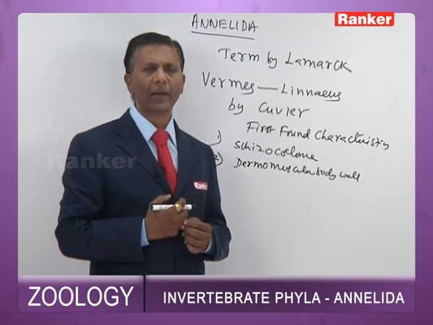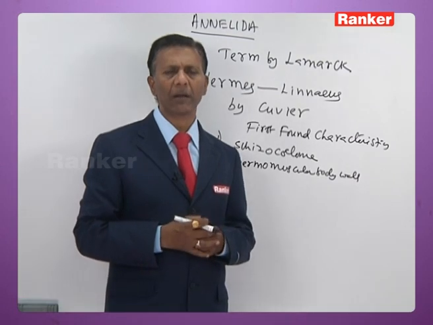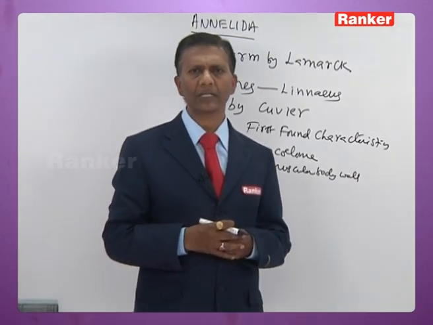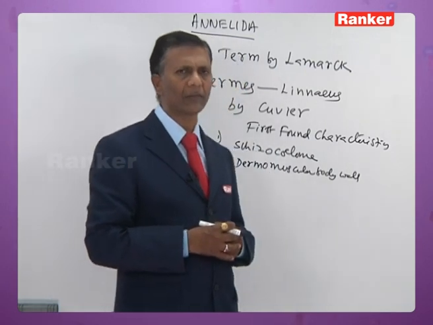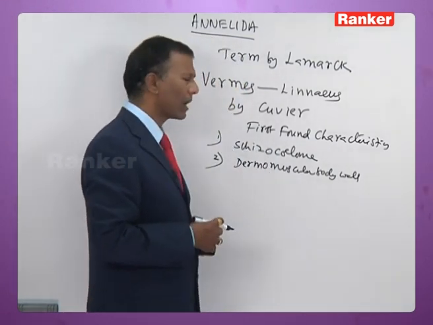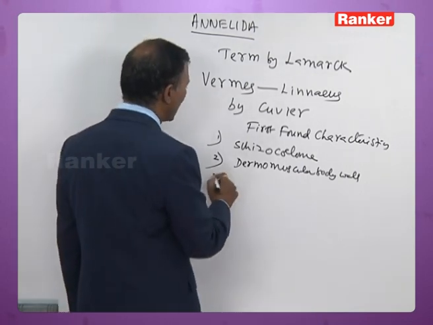Below cuticle they have epidermis. Below epidermis they have musculature, outer circular muscles and inner longitudinal muscles. Then below that there is a basement membrane. So, dermomuscular body wall is noticed for the first time in Annelida, and annelids are the first animals